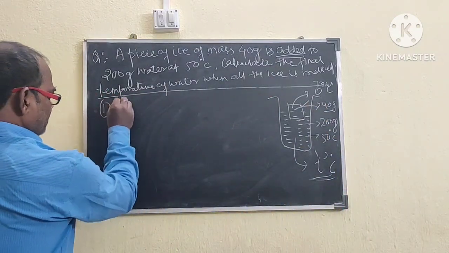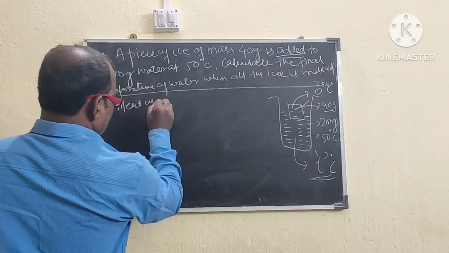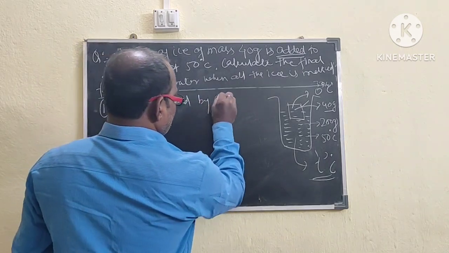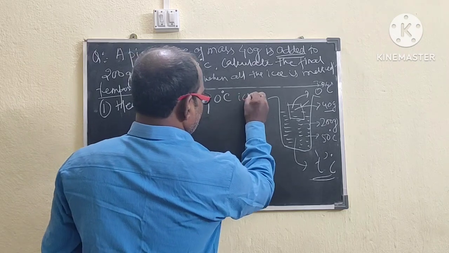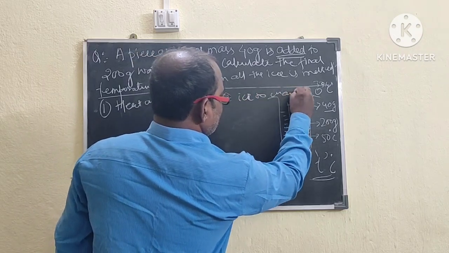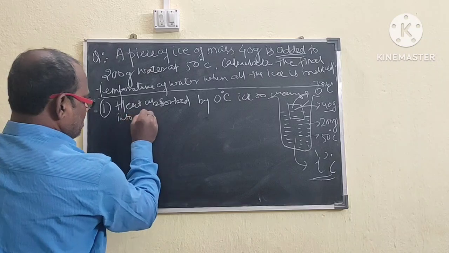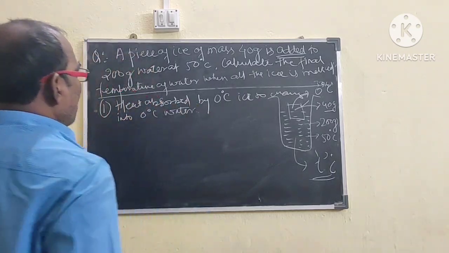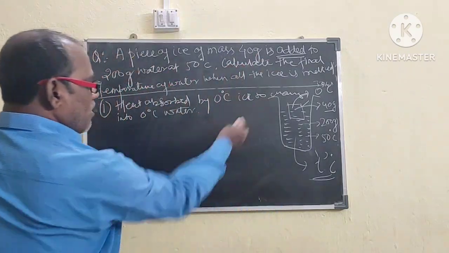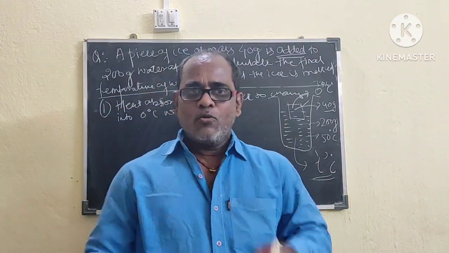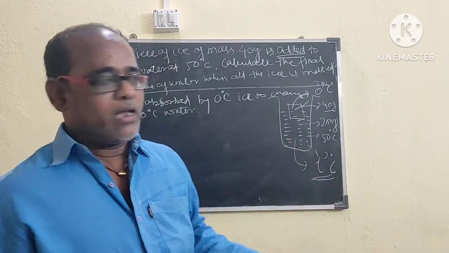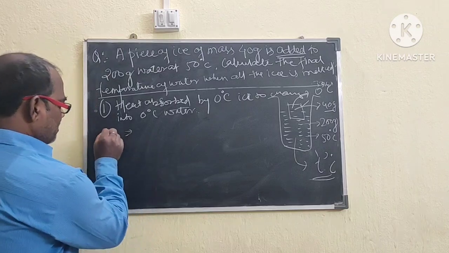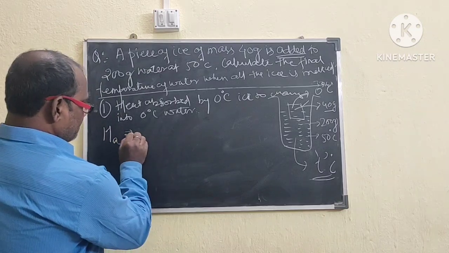Heat absorbed by ice, number 1, heat absorbed by 0 degree Celsius ice to change into 0 degree Celsius water। तो यहां पर आपको 40 ग्राम दिया हुआ है, तो एब्जॉर्ब कर रहा है, फेज में चेंज हो रहा है, कोई टेम्परेचर में तो चढ़ नहीं रहा है, इंक्रीज नहीं हो रहा है, तो यहां पर लैटेंट हीट का यूज किया जा रहा है।